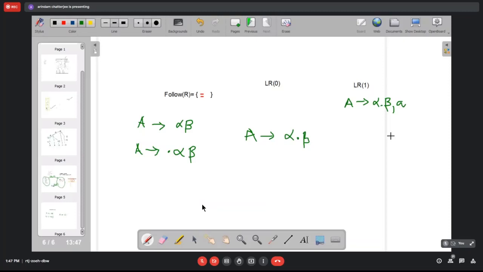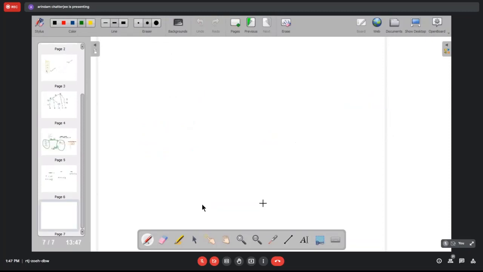Okay. So next, let us define what is meant by an LR1 item, or sometimes it is known as CLR as well. CLR, or canonical LR. Canonical LR or LR1 basically refers to the same thing. So SLR and CLR are two different things.